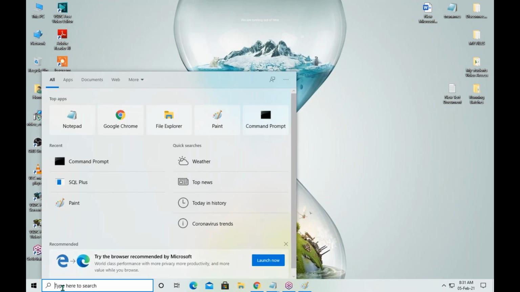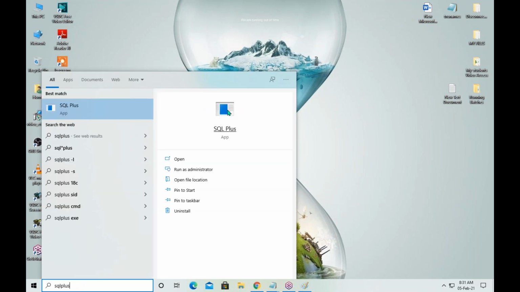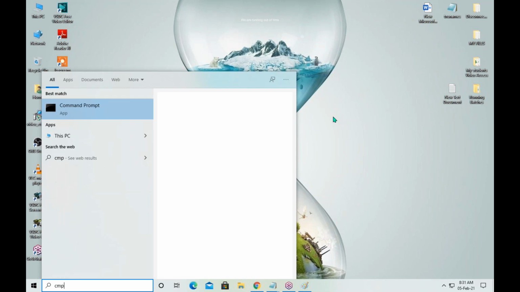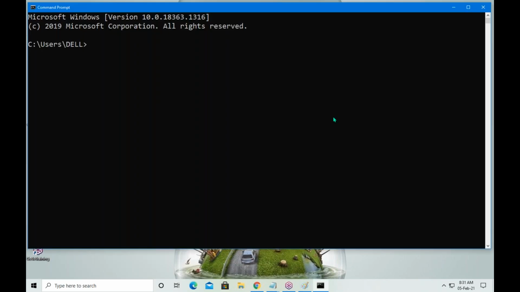See, from the search window, type SQL Plus. You can open it here. Another method is from the command window. This is the simplified method. Just see. Open the command window. From the command window, you can directly connect as a developer.